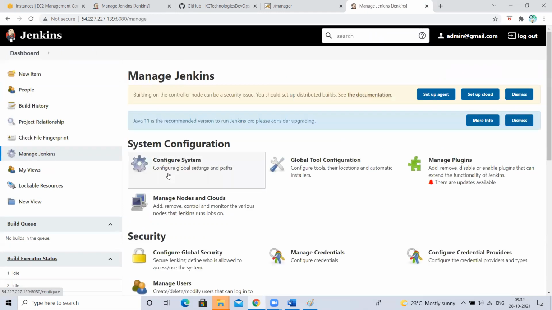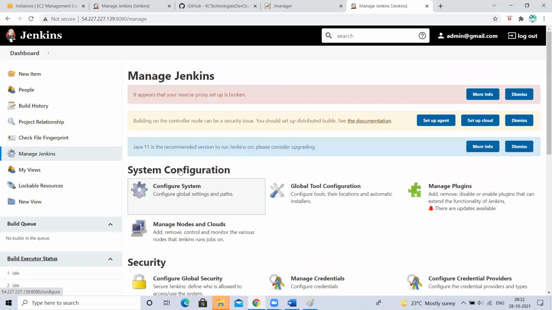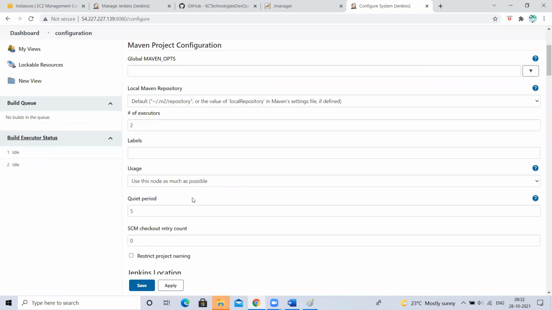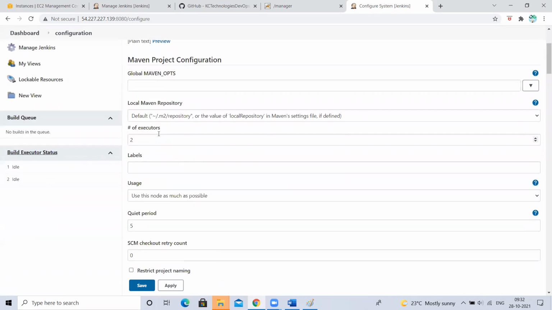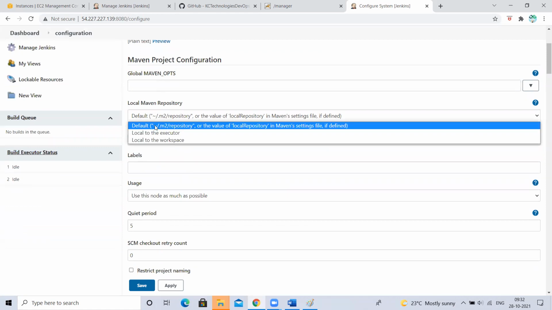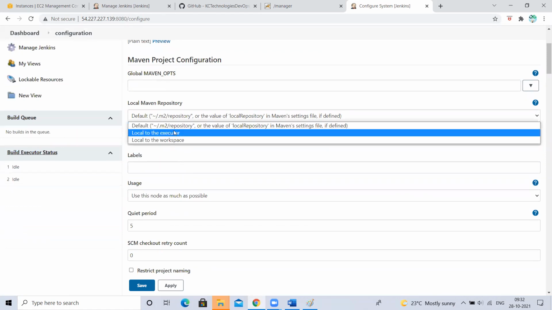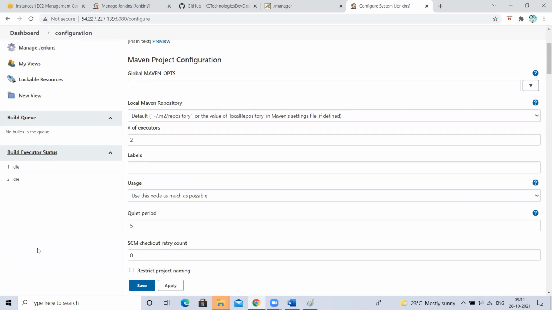Is this Manage Jenkins. There is something called configure system. See, the tools are for Jenkins level itself. At Jenkins level itself, if you want to set something, then you can go for configure system. For the entire Jenkins, I want to set something, right? So you can set it here. It is like global settings. For example, I don't want to use the Maven local repository as .m2 repository under the user home directory. I want to use some other local workspace. You can change it here.